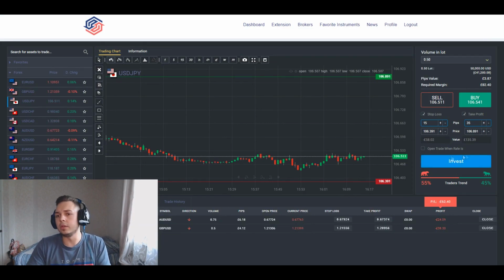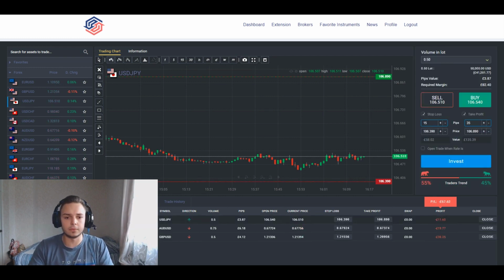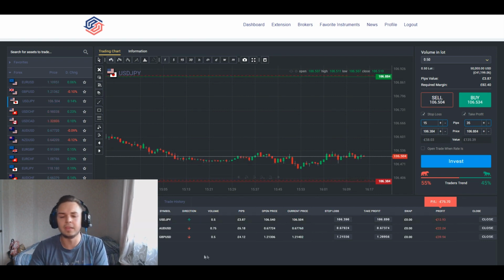As always, all you need to do is just click invest, and let's do it. Order successful. There we go. USD JPY, as you can see, minus 11 over here, so the spread difference is not that high on the USD JPY pairs. On some awkward pairs like AUD USD, GBP USD it's going to be a little bit higher,